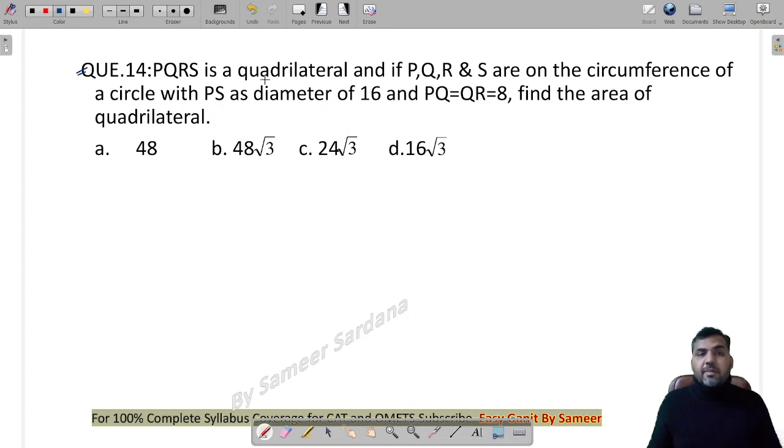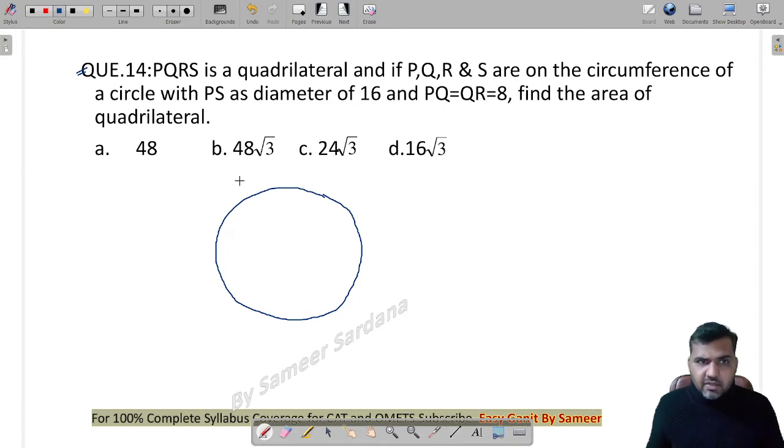Question number 14. It says that PQRS is a quadrilateral and PQRS are the points on the circumference of the circle with PS as a diameter of 16. Okay. So first we need to draw a circle. All right. Now question says PQRS is a quadrilateral and PQRS are on the circumference of the circle with PS as a diameter of 16, guys, right? PS is a diameter of length 16, right? Now this is PS, let's say